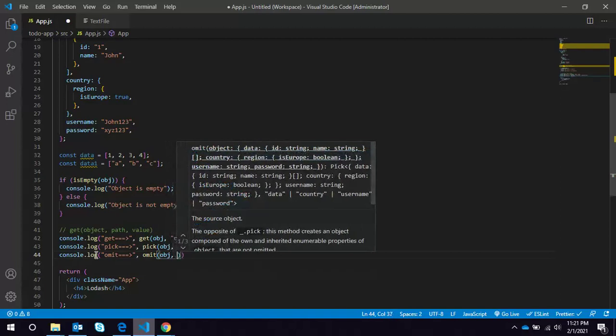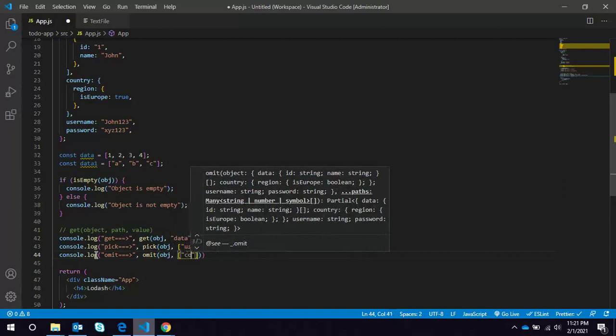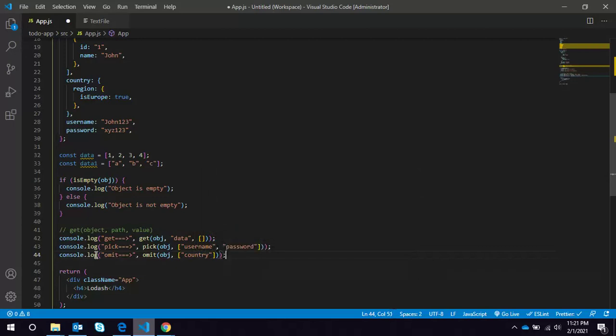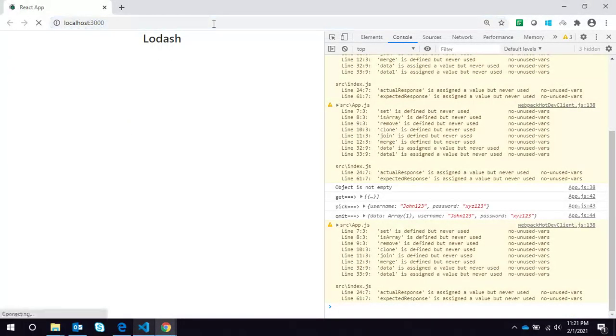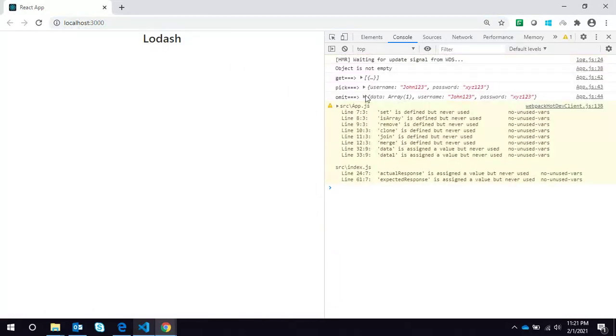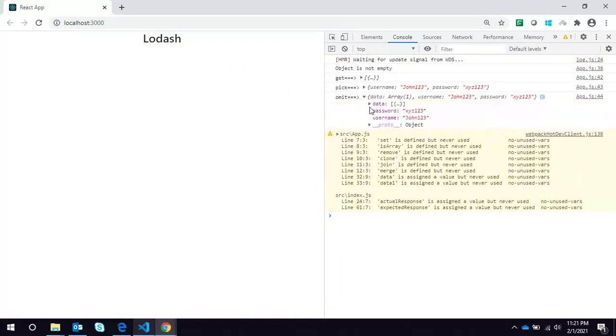You have to pass the object and an array of the properties you are going to omit entirely. So I want to omit country from the object. You can see the country property is now completely removed from our object.